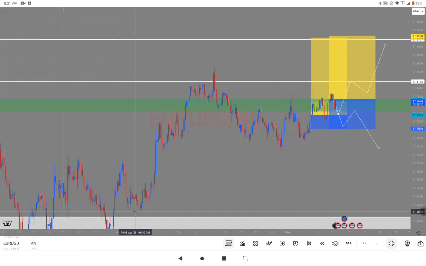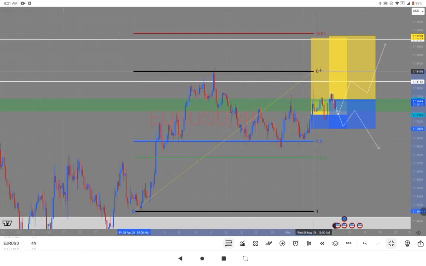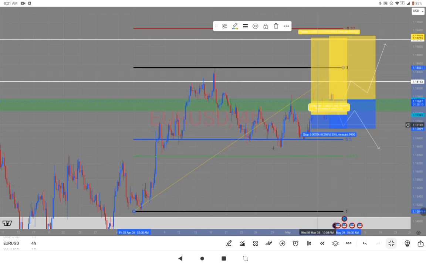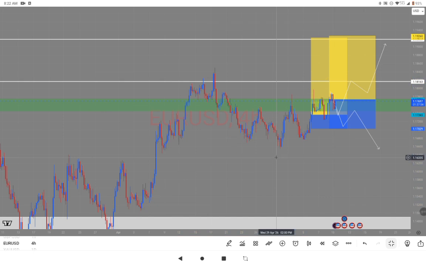fib retracement right from here to here, and extend it to the right, we can see that in between our 0.5 and 0.618, the market has already tapped into that particular zone. And apart from the market tapping into that particular zone, I can see a pattern right here, which is this particular one here. Excuse me.